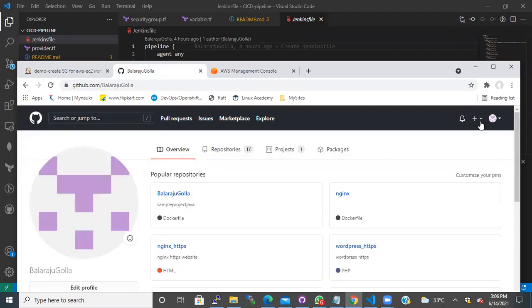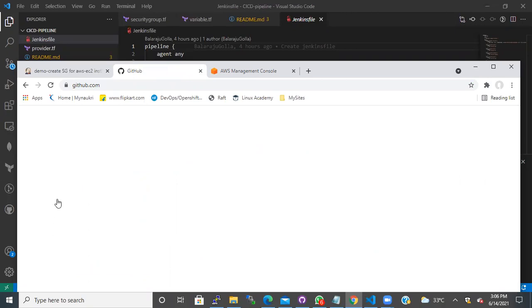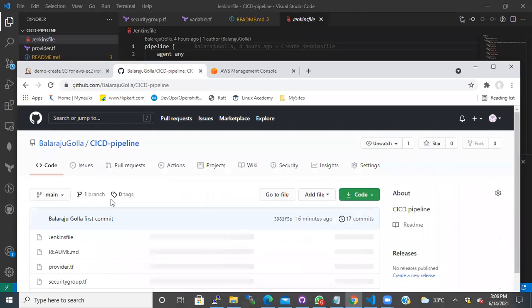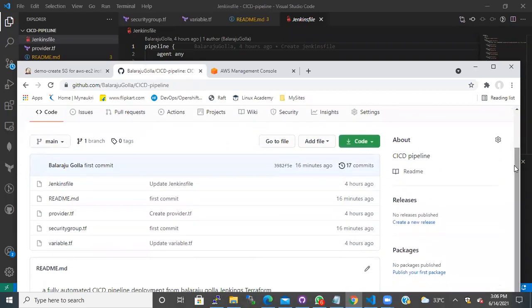This is my CI/CD pipeline, and variables.